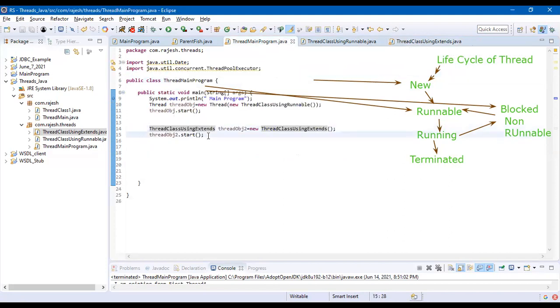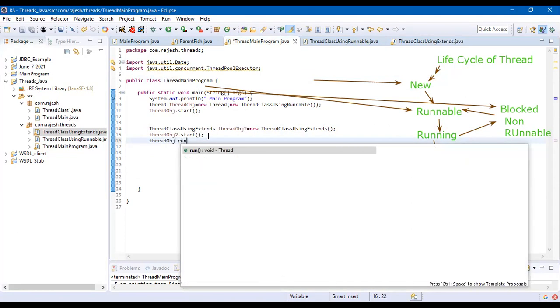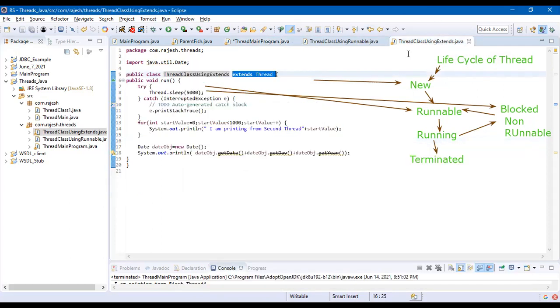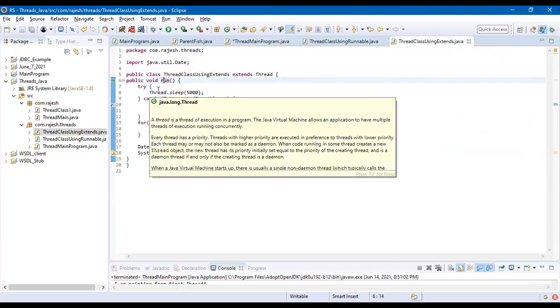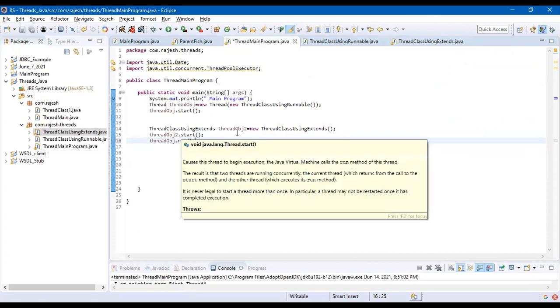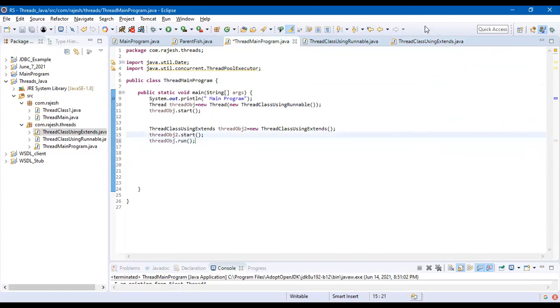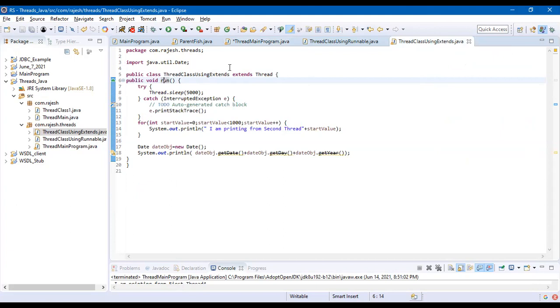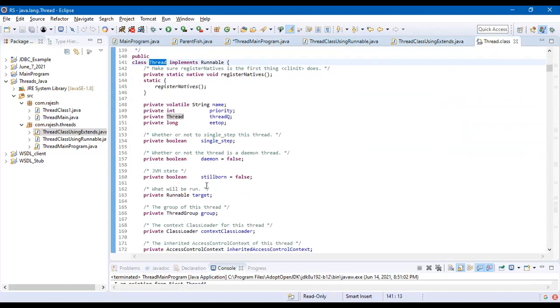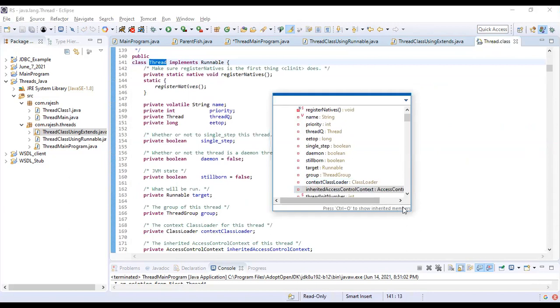Next question. You may wonder, can I call the run method directly? I have a run method inside the class, correct? But I am calling the start method, which is not there in the class. This dot start is not in the direct class, but it is there in the Thread class. If I go to the Thread class and press Control O, I can see all the attributes and the methods.